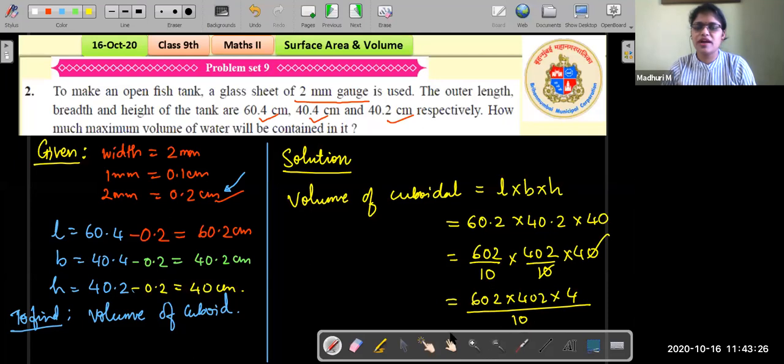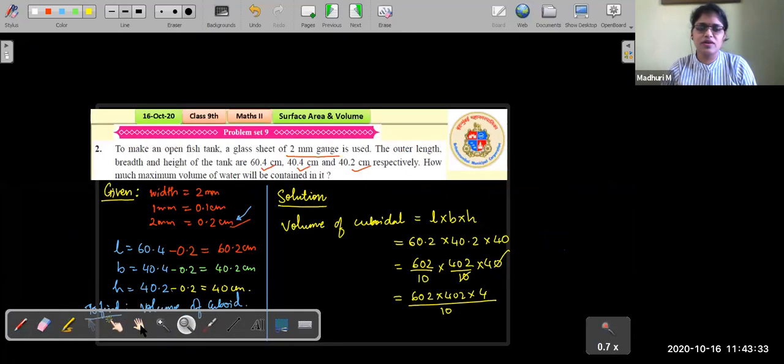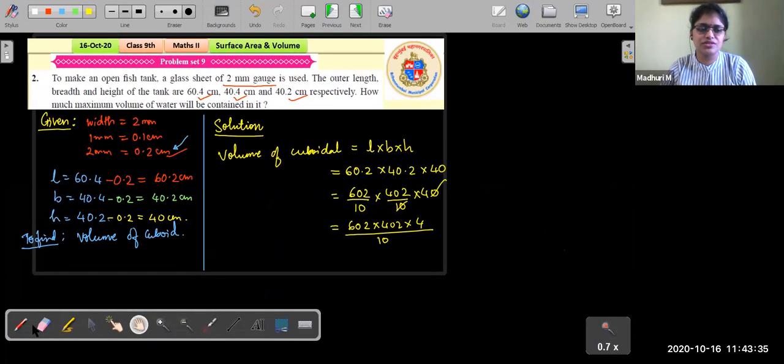Okay, students, so try out this calculation quickly. This is easy, no worries at all, just the calculations. You need to be very good with the calculations. Another hint, this would be 602 times 804, the whole over 10. You need to multiply and then give a decimal point because there's a 10 in the denominator.